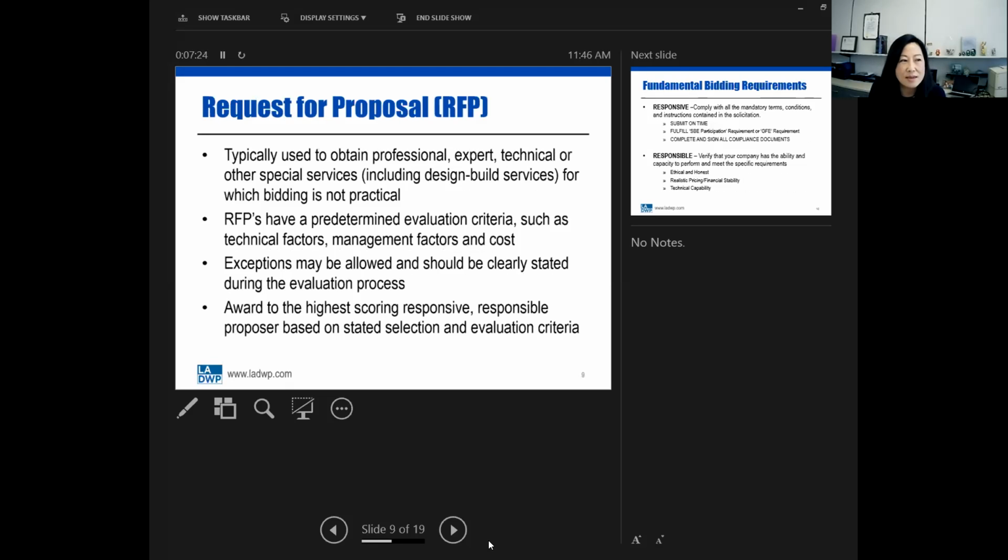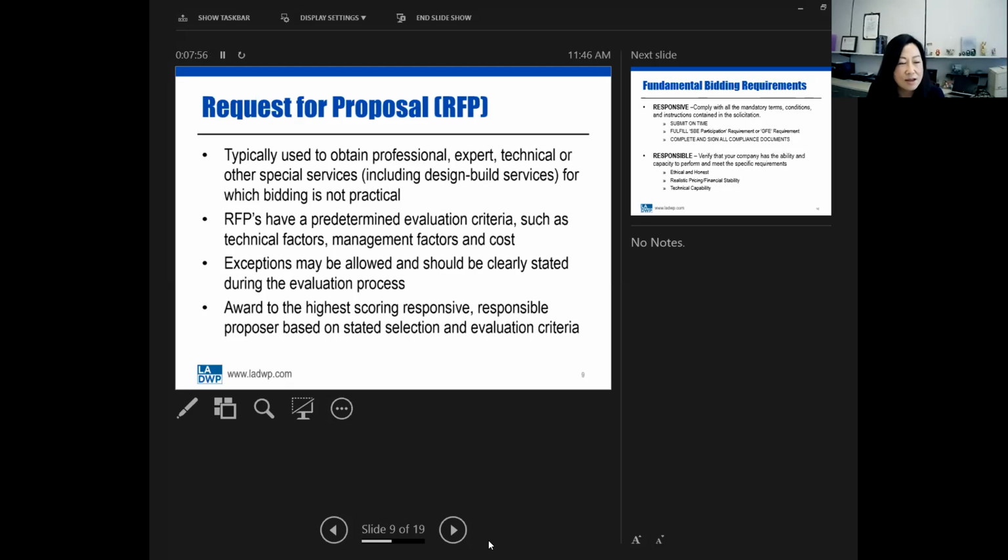Now the RFP is used when we typically do professional services, expert, technical, or other special services where bidding is not practical. It wouldn't make sense for us to say, oh, we want the cheapest builder, let's say we have to have a consultant for a design build, because the cheapest might not be the safest, or it doesn't make sense to just go with the cheapest. But even when the RFP's out, there's always a predetermined evaluation criteria,